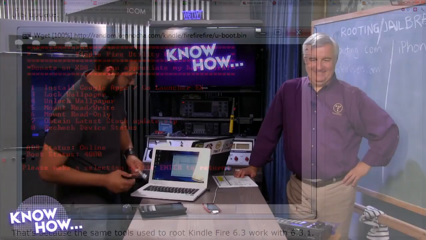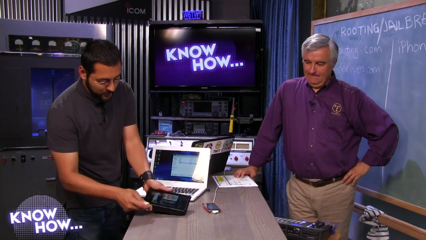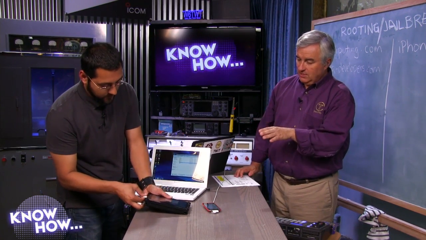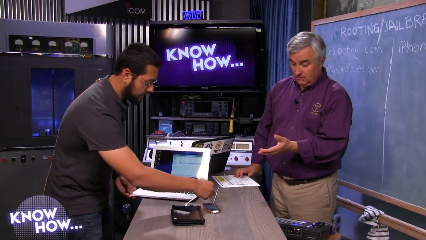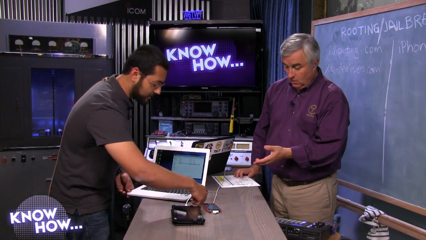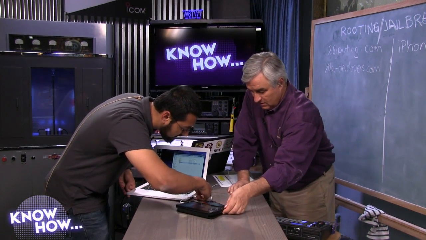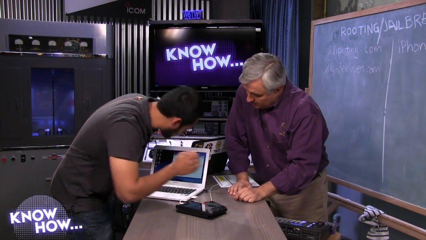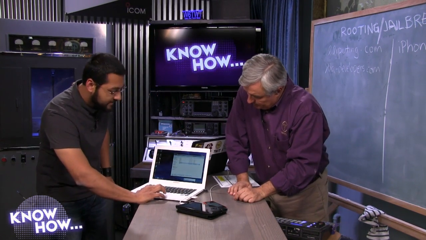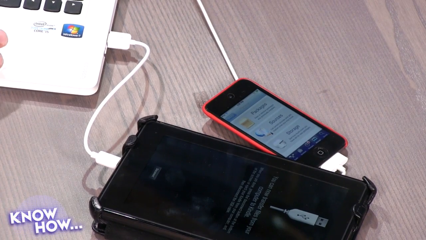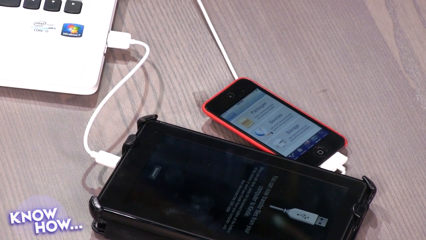Now we're gonna take our Kindle Fire and attach it with a micro USB cable. That's important. It's just a standard micro USB cable. It doesn't come with the Kindle, but its charging cable is a micro USB cable. So you can just use a standard USB cable. I have to be careful not to mess up the port because this is not my laptop. And then we're gonna hit run. Again, this is not as pretty as the jailbreaking software.